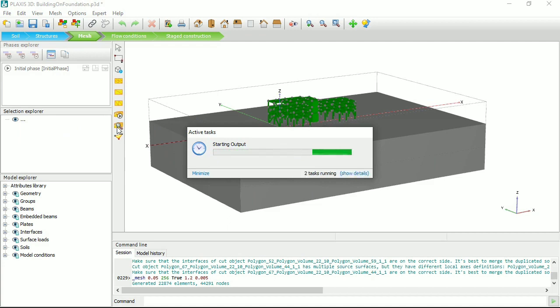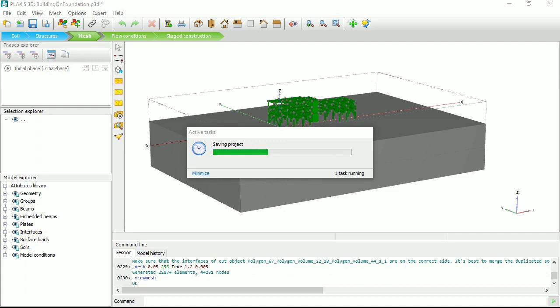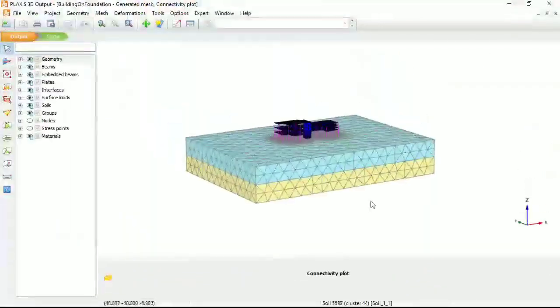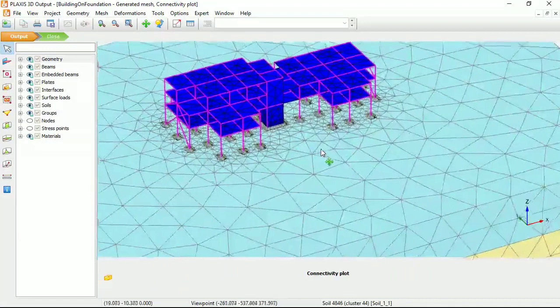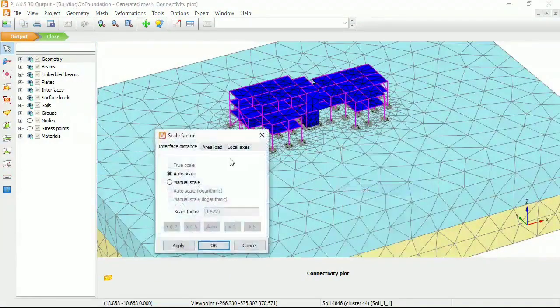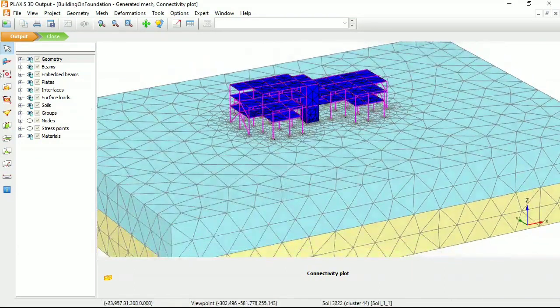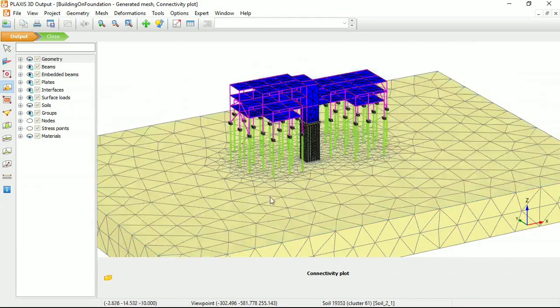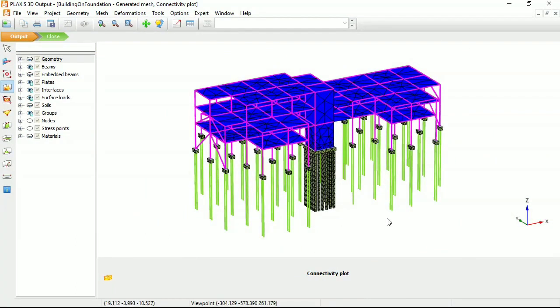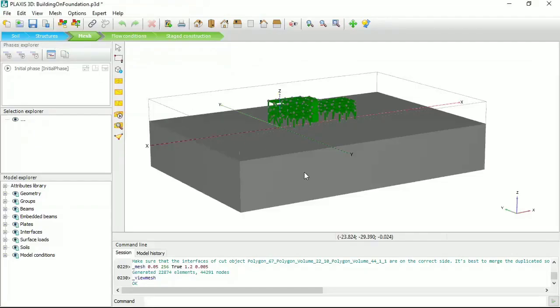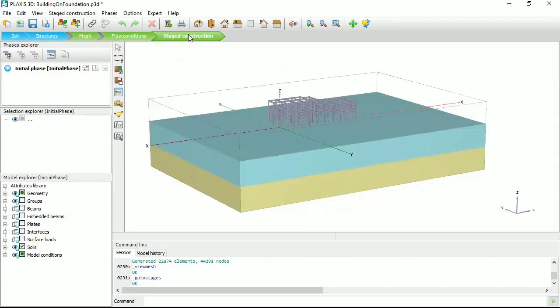We can take a look. So output is now started. It's starting for us to be able to visualize the mesh. So here the mesh. See, with automatic and proper refinement of the soil around the foundation. Trying to scale things down a bit to limit the amplification of the interfaces. Now we could start hiding, you see here, and you could start to see here the model. You could see everything inside the soil, the piles, the embedded beams, as well as the volume piles. So this is my mesh, and then finally,